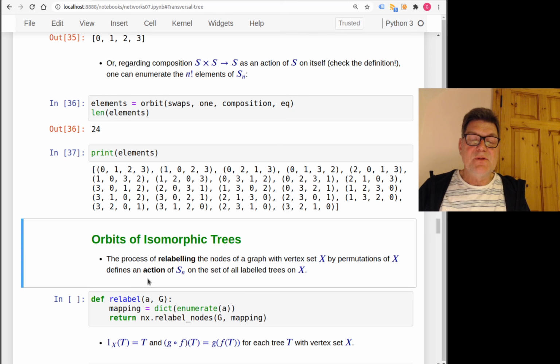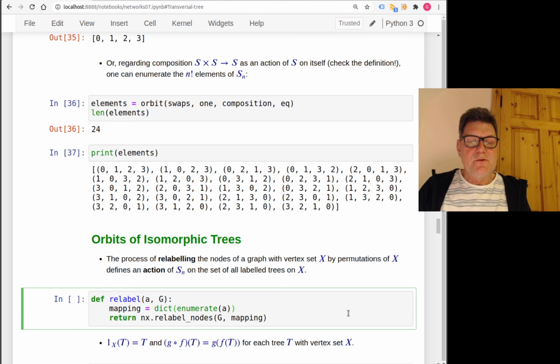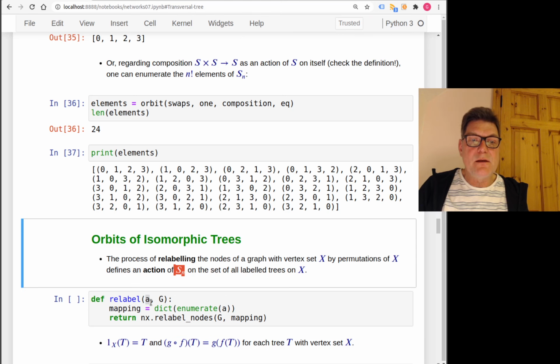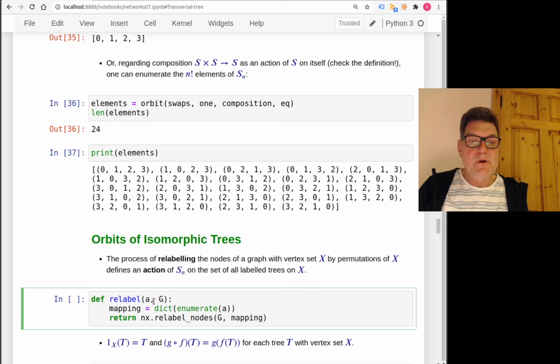This then defines an action of the symmetric group on the set of all labeled trees on X as vertex set. One way to do this is to define this function relabel, which takes a group element, a permutation from Sn, and a graph on 1 through n minus 1 as a vertex set,